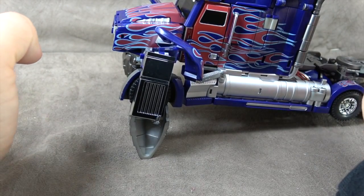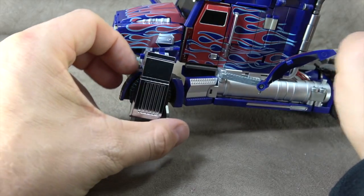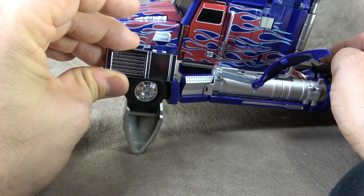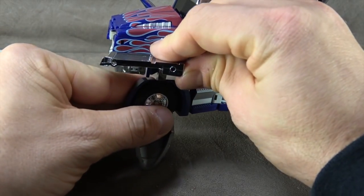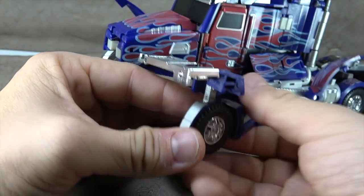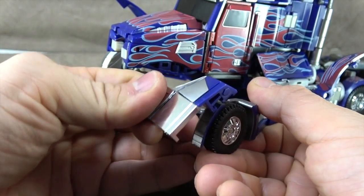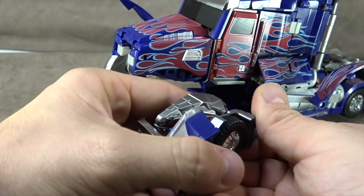This part can eat you alive if you're not paying attention to what you're doing. Bring the fender out of the way. Rotate this up. And then rotate it up this way. And then bring it around to the inside. And then rotate this entire piece around, which will bring the foot up to the inside, collapse the foot, bring